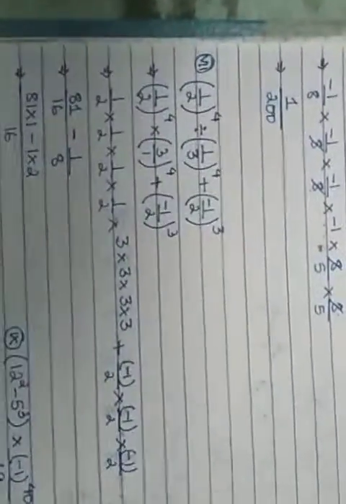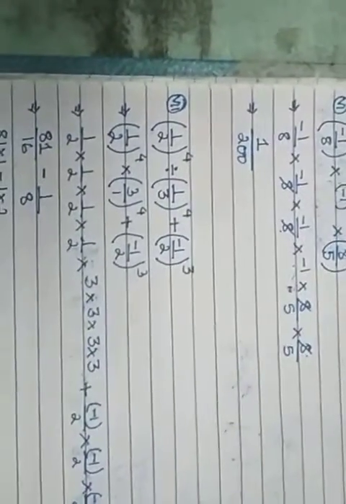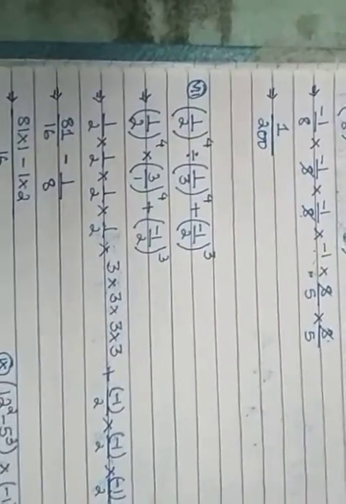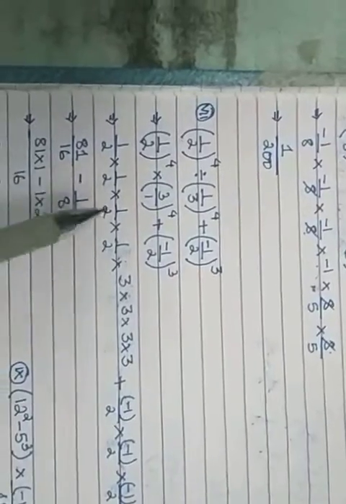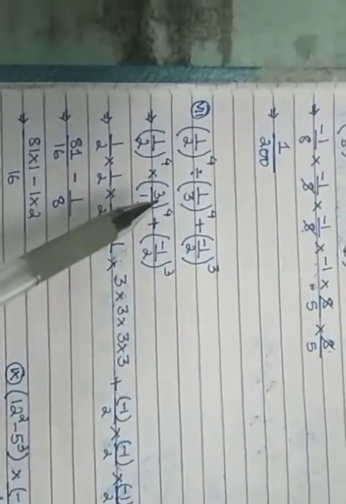Okay, question number 7. What do I have in question number 7 is (1/2)^4 divided by (1/3)^4 plus (-1/2)^3. As I've already said, it's about simplification. We need to follow the BODMAS rule. So first